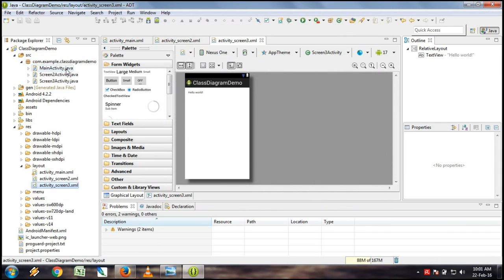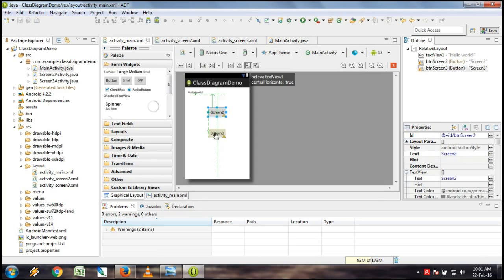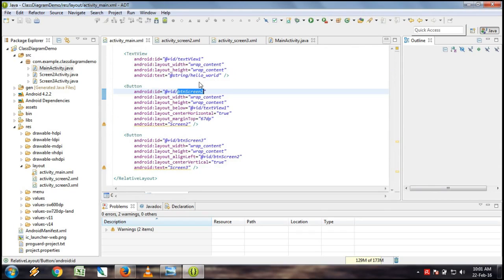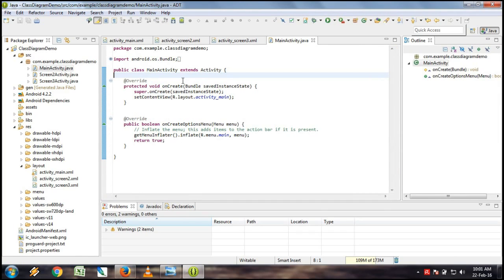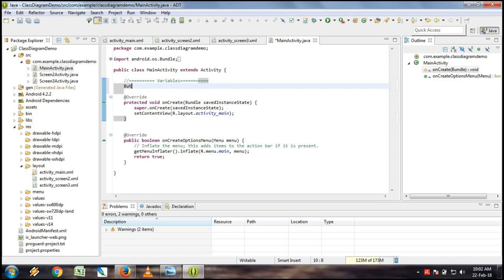Yes, over here from the main activity we are going to establish the relationship between screen 2 and screen 3. From screen 2 it will redirect to the screen 2 activity, and screen 3 will redirect to the screen 3 activity. So basic 3 steps. The first is the ID, which we have already given, and make the variables: Button, then you can simply press Ctrl Space, that button btn